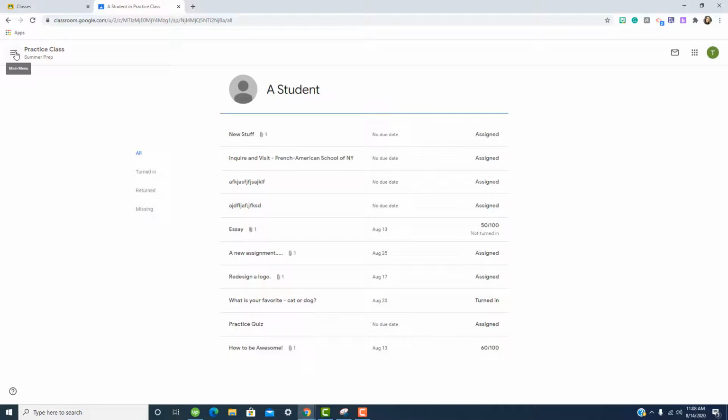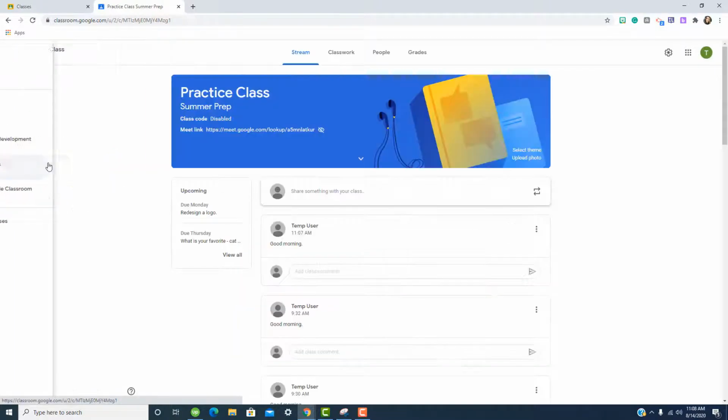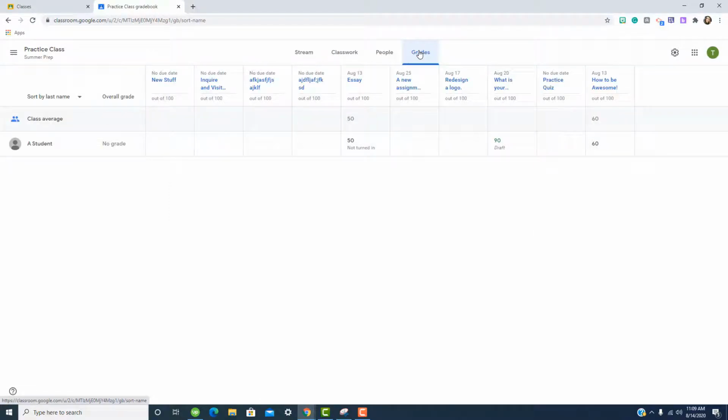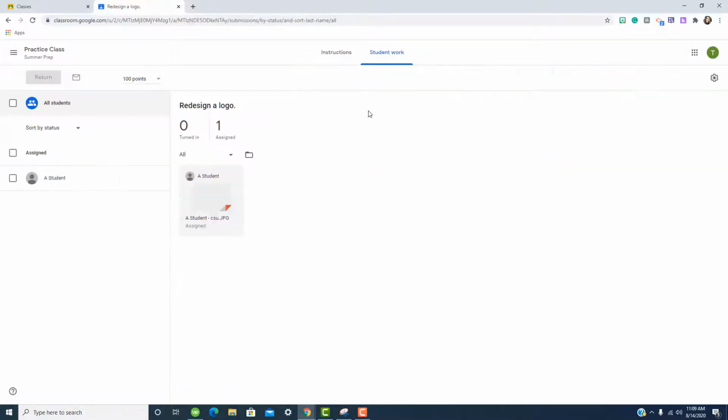Back to the triple stacker menu to jump back into the class. Grades. When students complete their work, their grades will show up here. You can edit from this screen, or you can go into an assignment. Click on the assignment,